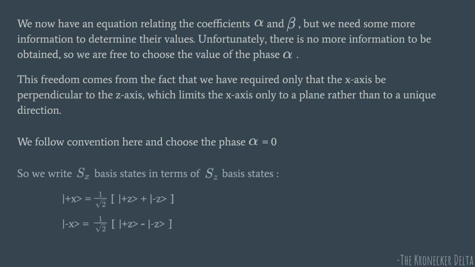Okay. So we write our Sx basis in terms of the Sz basis as plus x equals 1 by root 2. Here we had the e to the power I alpha term. Alpha is 0, so e to the power 0 is 1. So here comes 1. Here it was plus e to the power I beta. Plus e to the power I beta is now minus e to the power I alpha, right? So it's minus 1 now. So here comes minus 1. So here we have found a relation connecting the Sx basis with the Sz basis.